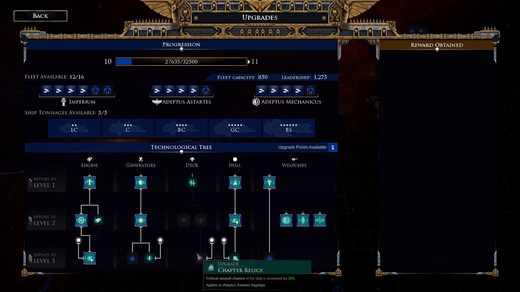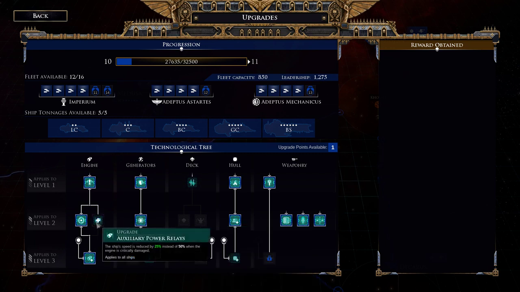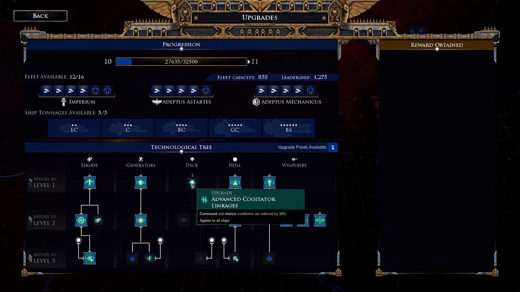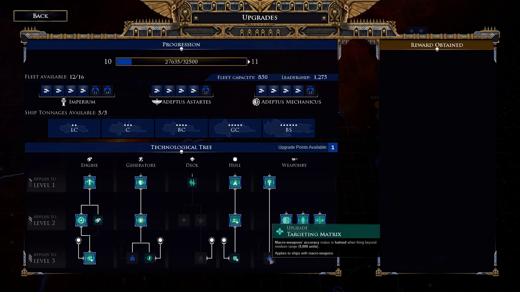I really do think we should start putting points into the... Oh, critical assault chance of the ships is increased by 10%. The other engine upgrade is ship speed is reduced by 25% instead of 50% when the engine is damaged. So I think I'm going to go down the deck one for now. I mean, it's only a 2% boost, whereas some of the stuff we get down here is just really nice. I mean, I really want this, the targeting matrix. But I don't know what system has that, so...